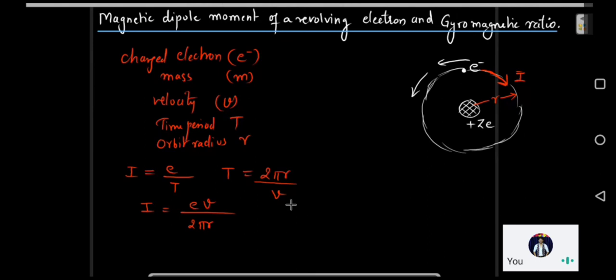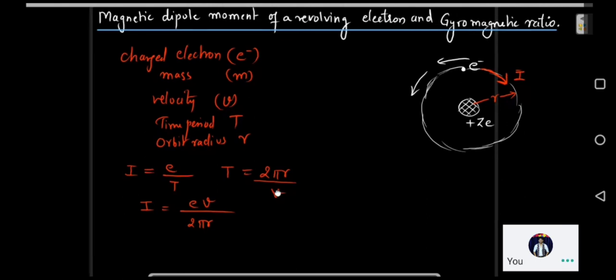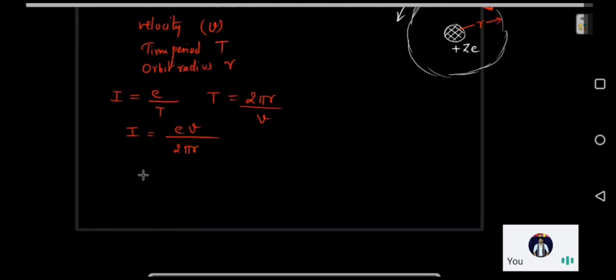So let us write down that magnetic dipole moment. Here we are going to represent this magnetic dipole moment with mu L. There is a new notation for magnetic dipole moment. Till now we were representing it as M, but now we are going to represent it specifically as mu L. So what is the formula? Current into the area vector. Current into the area gives us magnetic dipole moment.